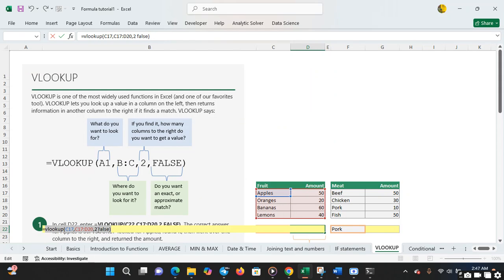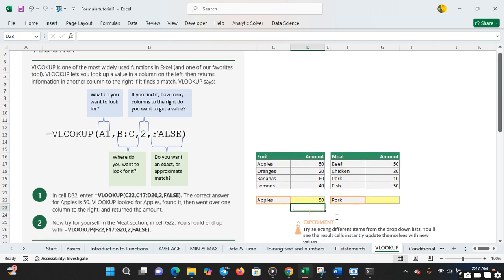So for the first two, you press comma. After you press comma, then close it, then press enter. So you can see that it has given us the answer to be 50 here. So after you write the formula like this at the top here, this formula, that if you look up